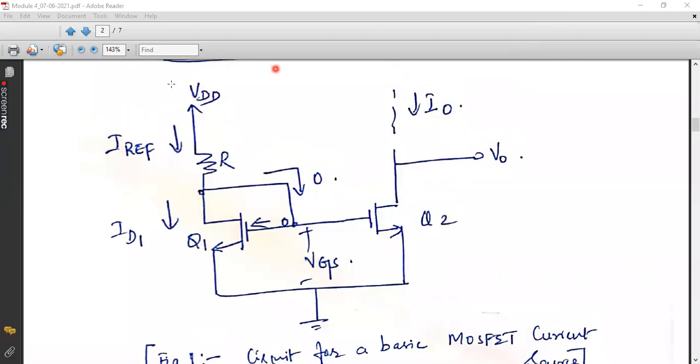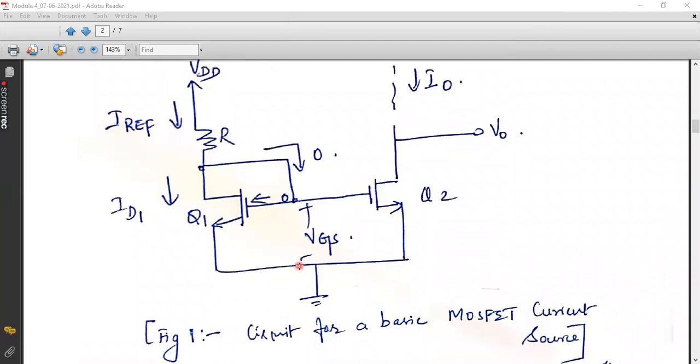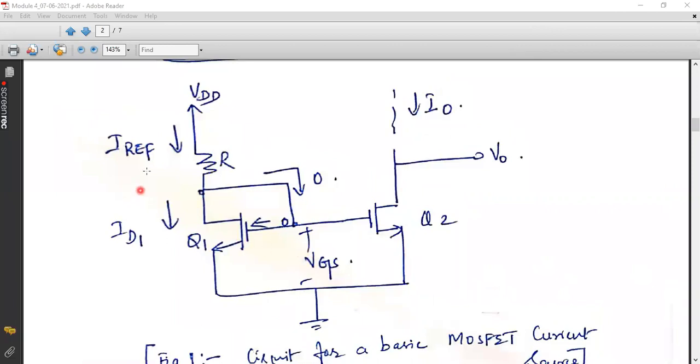Okay, we'll continue now. So again, I'll explain. This is the MOSFET current source, which is going to generate a reference current IREF starting from the power supply. From the power supply, we will have a definite current flow, I reference, through the resistance R. By using a precision resistance R, we will be able to set a proper current flow through Q1. Once you set this IREF, from this IREF we can generate a desired amount of current I0, which will be flowing through Q2.